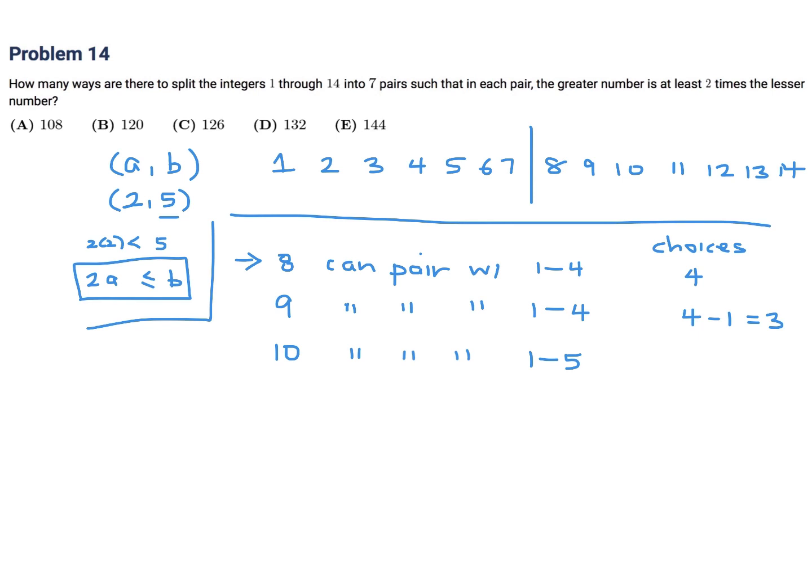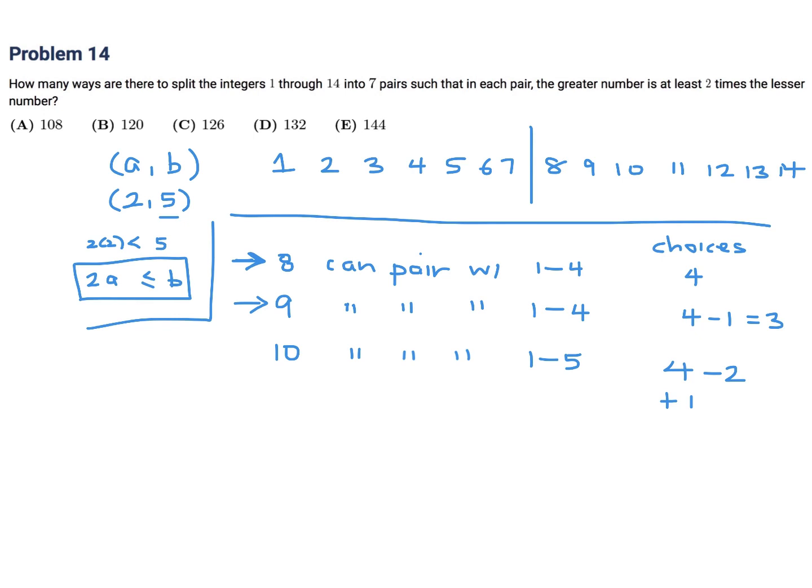But we've already chosen one number to pair with the 8 and one number to pair with the 9. So those two numbers are gone. So we have to subtract